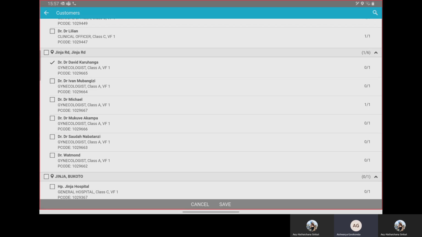For example, in the upper column we can see Dr. Lillan, a clinical officer, above Dr. Kanunga. Here we can see 1/1. It is showing 1/1 because we have already planned this Dr. Lillan in the day 1 plan.